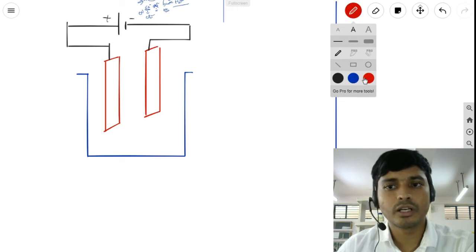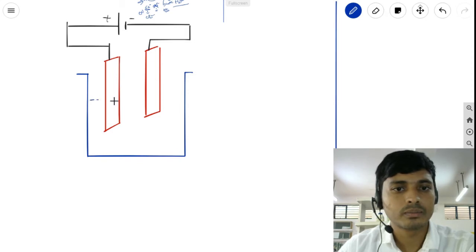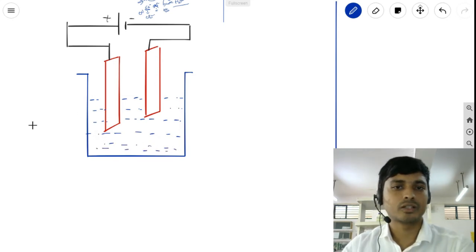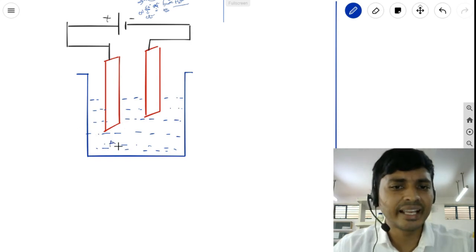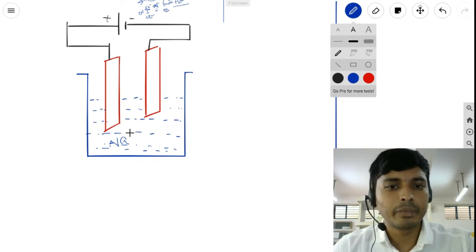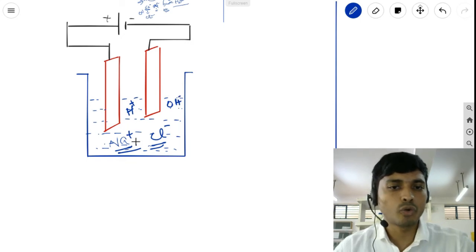So we will take the brine solution inside. I have taken brine solution, and when you switch on the battery, current will pass through these electrodes. As this is having the ions, as we have just discussed, Na plus we are having, Cl minus, H plus ions, and OH minus ions. So 4 ions you are having.